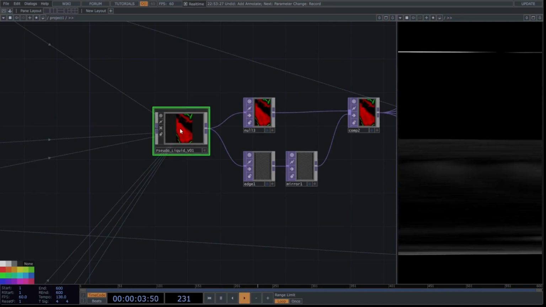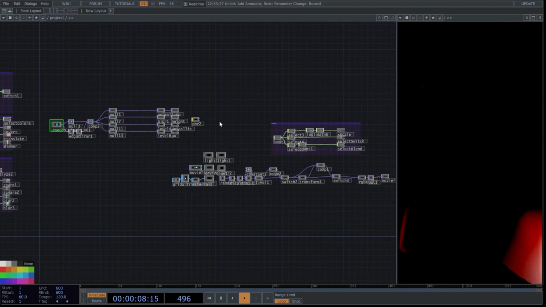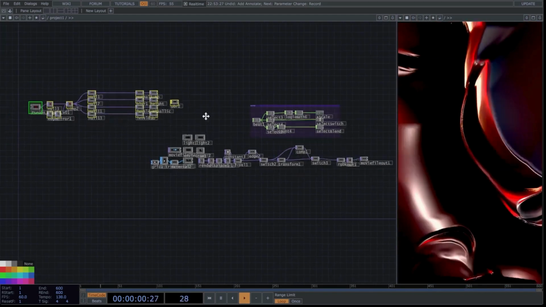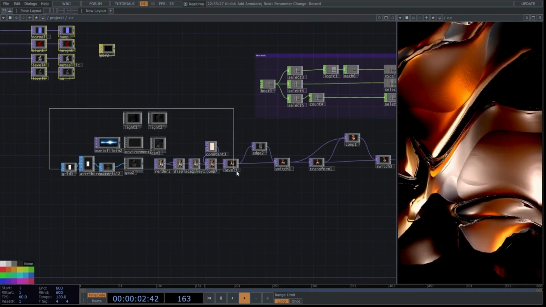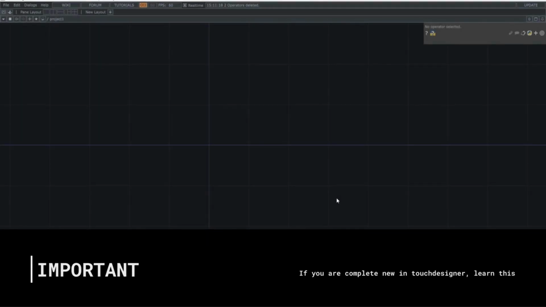I know some might find navigating through other videos annoying, but many new viewers appreciate having everything well structured for learning. This video focuses on audio-reactive techniques without the distraction of creating a composition from scratch, which would take much more time. Before we continue, if you're completely new to TouchDesigner, you only need to know one thing for this